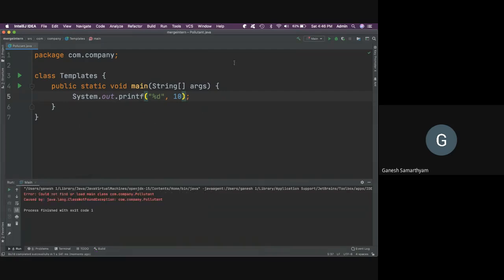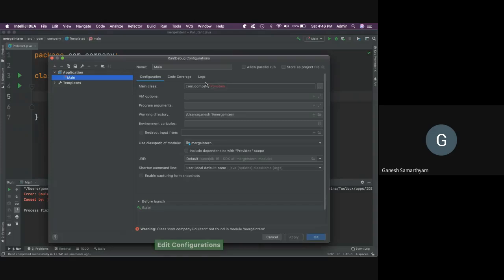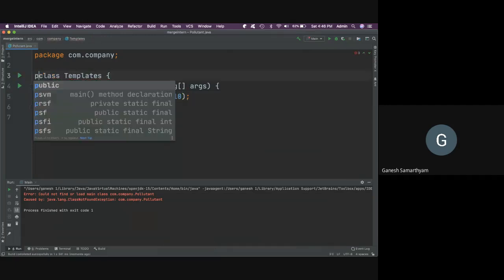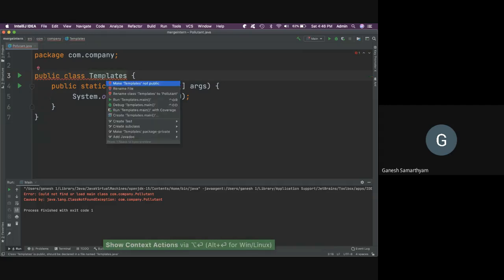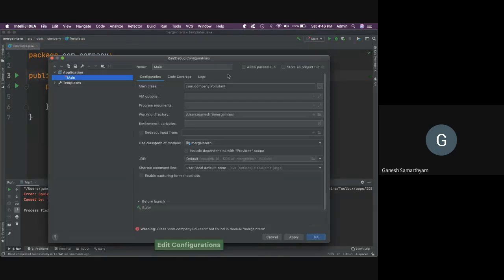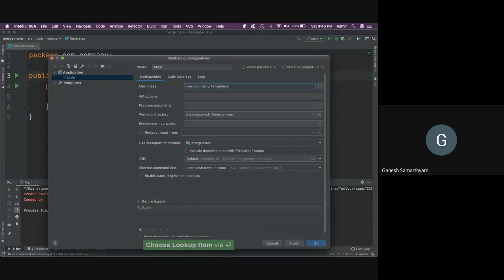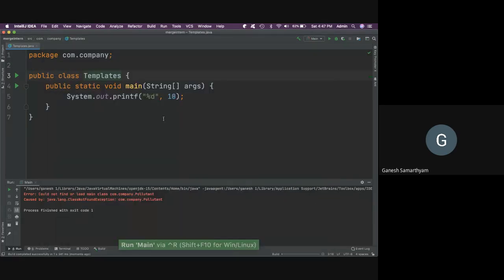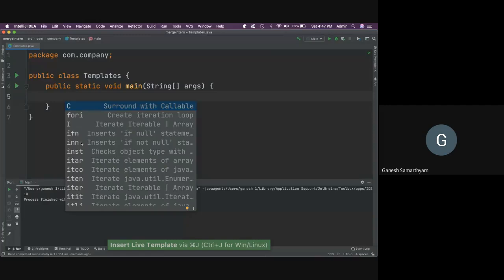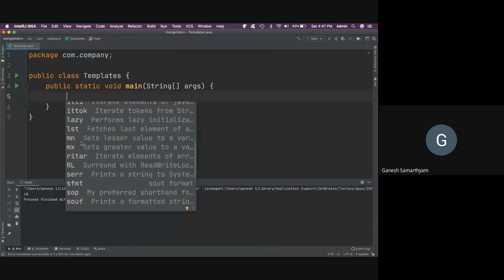Templates. Okay, I have to change the settings again. Give me a minute. Change this, rename the file, go to the profile and change it to template. All right, we are good to go. So these are the very trivial, very simple templates. Now press Control J, and you'll be able to see the templates that you can use for your regular work.